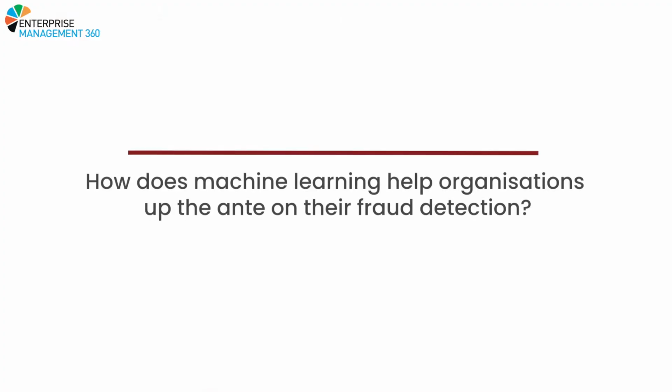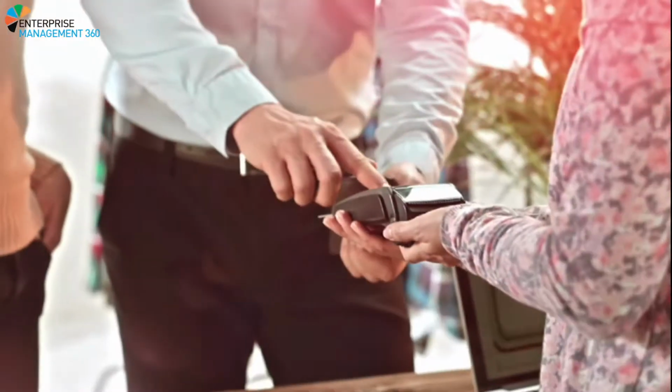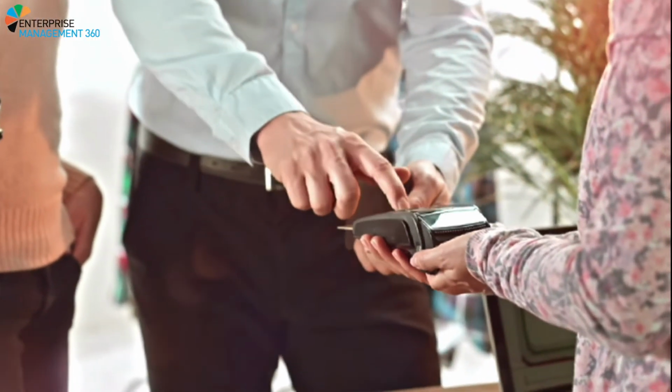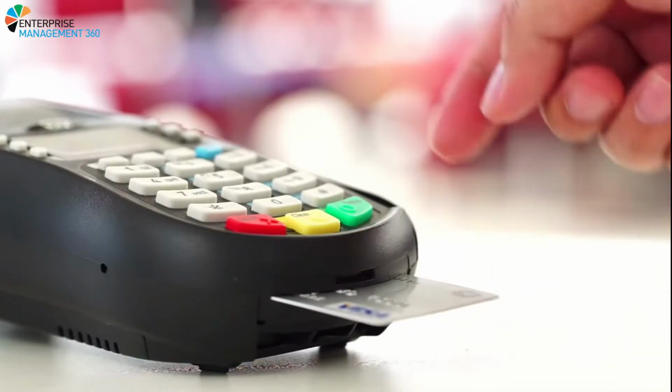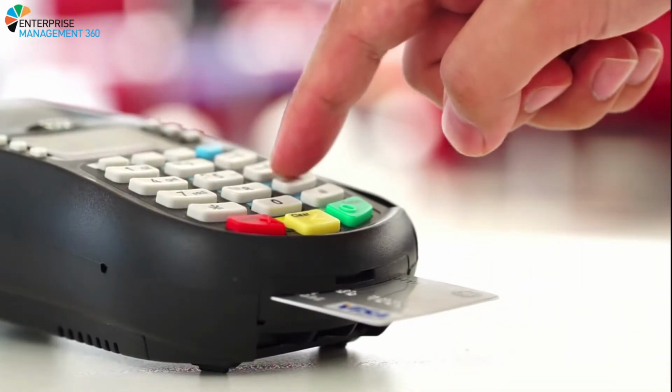So I think a first jumping off point is to talk about how machine learning really helps organizations up the ante when it comes to fraud detection. Right. If we look into the history, the common approach to dealing with fraud was always the rule-based approach. What I mean by that is that people used to create rules. For example, if the number of your card transactions is more than a particular number,